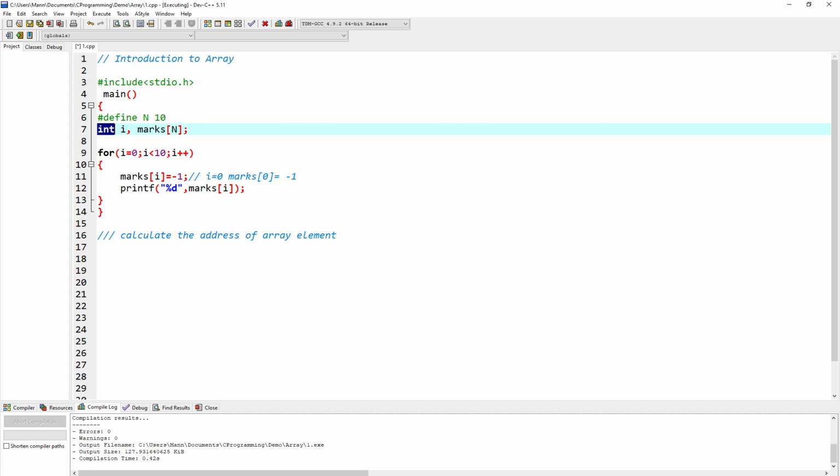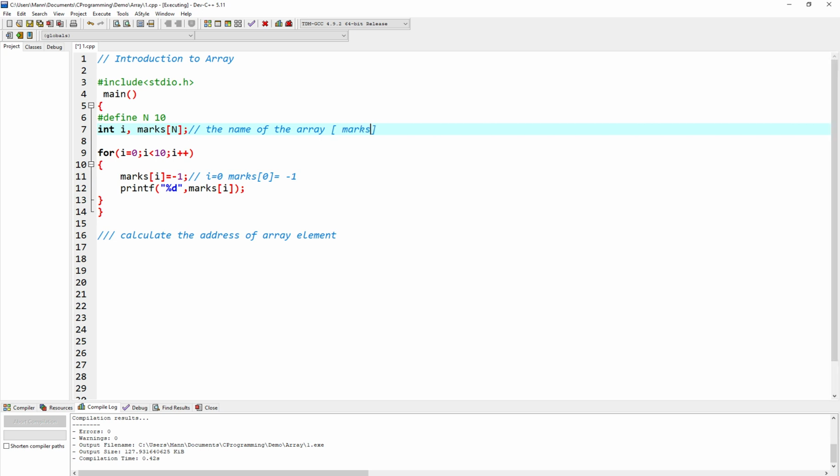The array name itself, this marks, is in fact a symbolic reference to the address of the first byte of the array. So what I'm saying here is, what is the name of the array here? The name of the array is obviously marks.